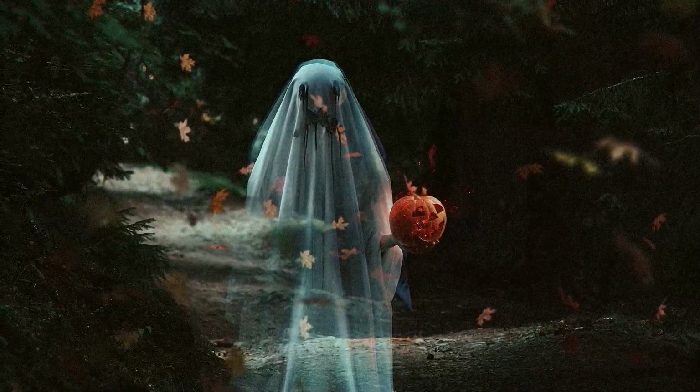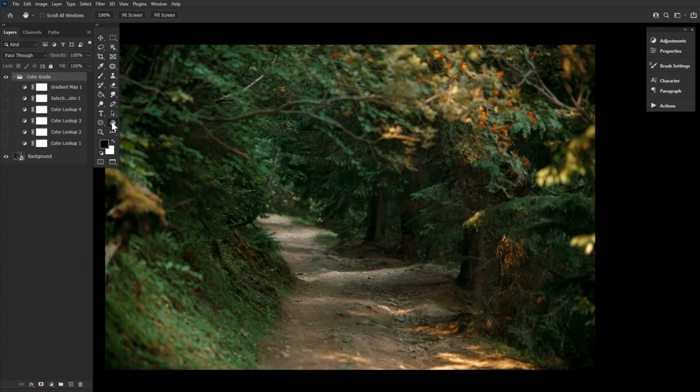Let's get right into creating our ghost effect. We're going to start things off with a pretty intense color grade, consisting of 6 adjustment layers. We want to make sure all of these adjustment layers stay at the top of our layer stack, so I do suggest placing them all in a group that you can easily toggle on and off, or lock if you